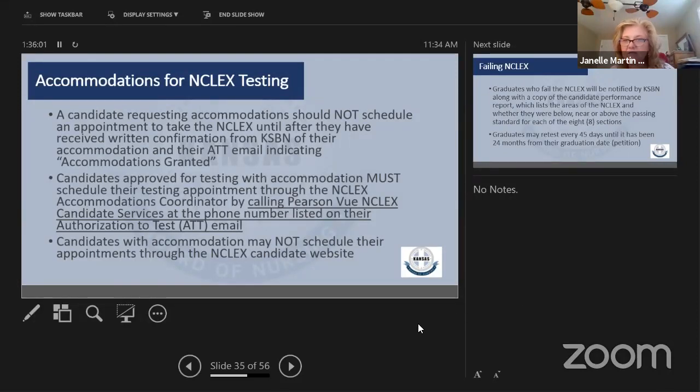So I think those are the big pieces on accommodation, and it seems to be coming up. I just seem to have gotten more questions on it this year, but it is a process, and they do have to know that that's another thing that could delay them if they need it. It's not that we discourage them if they need it, but they need to know that they have to have their things in place as well to get that accommodation.